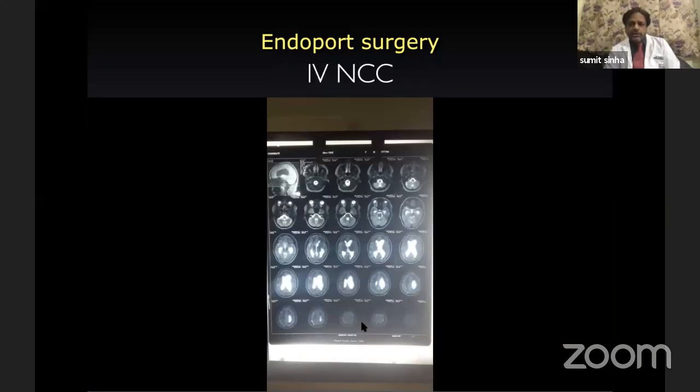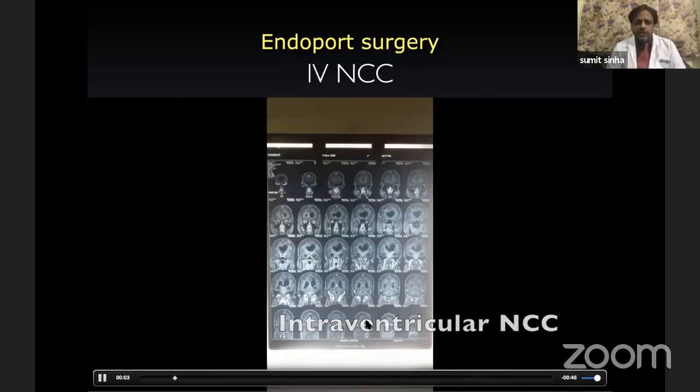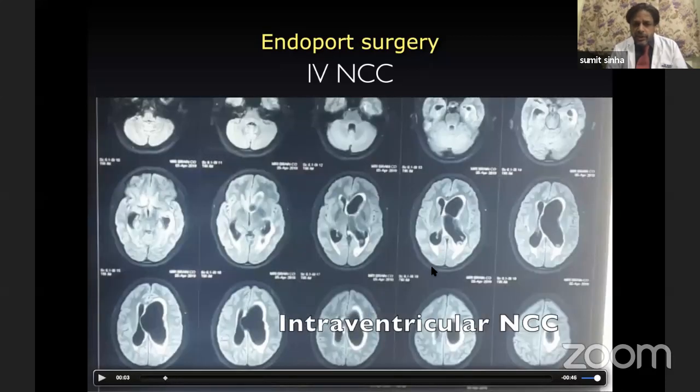Neurocysticercal cyst, and these are the cysts which now you can see. I will show you one such cyst which is lying in the ventricle here, at the end of the lateral ventricle, and this was approached through the frontal horn here. The ventricular scope is then inserted through the frontal horn and then navigated into the proximity of the